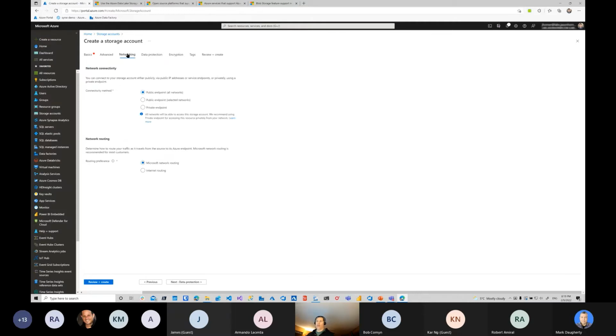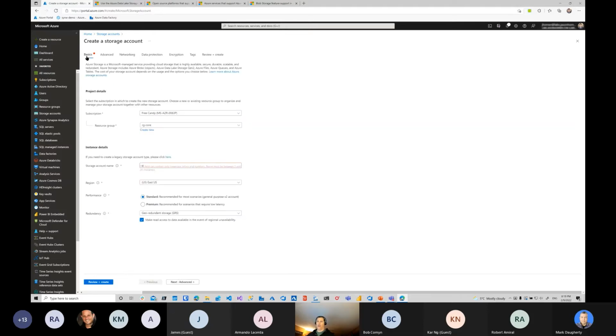So networking, we've got a couple options here. Generally speaking, I go with public, but for higher security environments, I'll set up private endpoints, which is a point-to-point connection where the storage account isn't addressable from the internet. With a public endpoint, the URL is addressable from the internet, but it can be protected by a firewall, and it's also protected by Azure role-based security as well as ACLs. So if I just turn this on, not just anybody can get to that